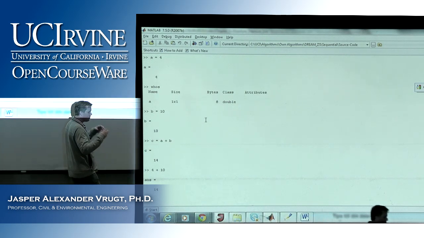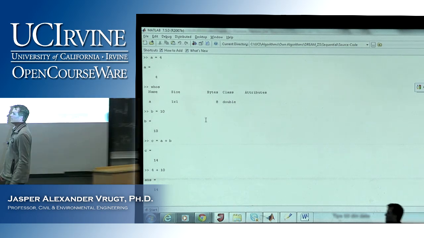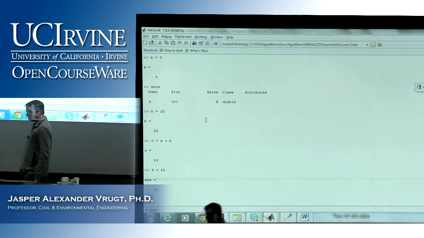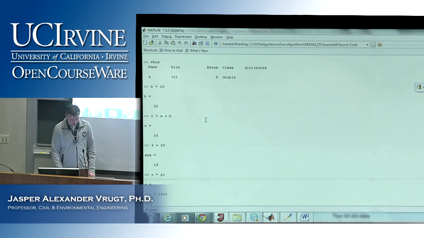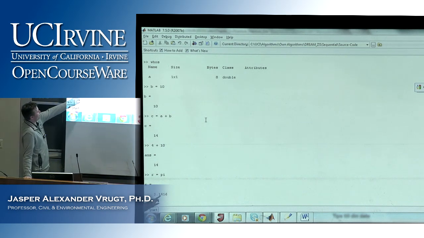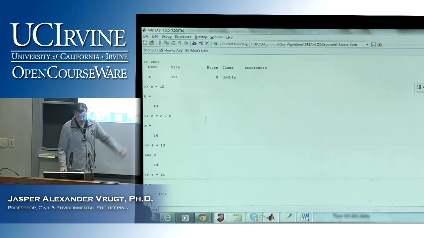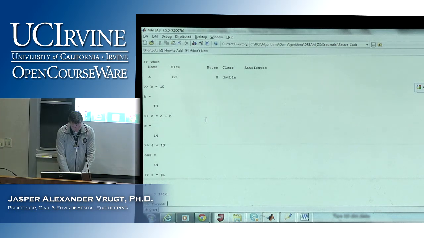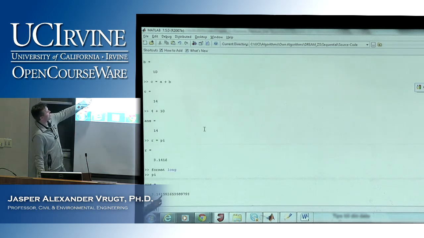So again, a variable consisting of a single number is called a scalar. And obviously, it can be any number. For instance, r is pi. Pi, you only see 4 significant digits over here, okay? 3.1416. But this is much longer. I believe if I do the option format long,